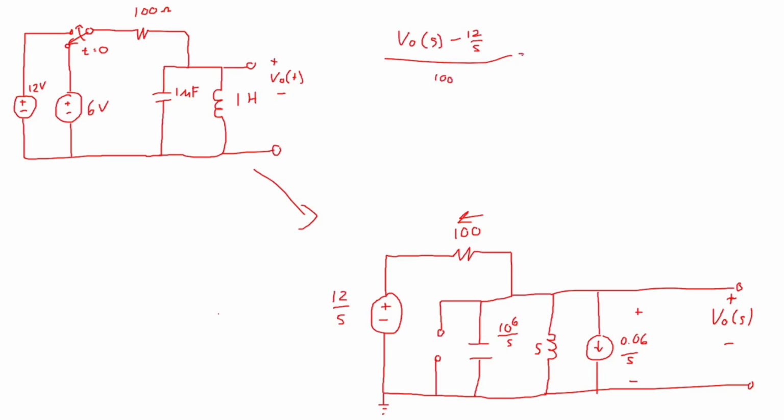Okay, then I'm just going to say that this is equal to the sum of all three currents going down. So this one's going, or I guess these are all going out of the node, aren't they? Okay, so I'm just going to say plus then. At the end, I'm going to add this up, and this is going to be equal to 0. Okay, so we take V out minus 12 over S over 100 plus, okay, this is V out of S over,